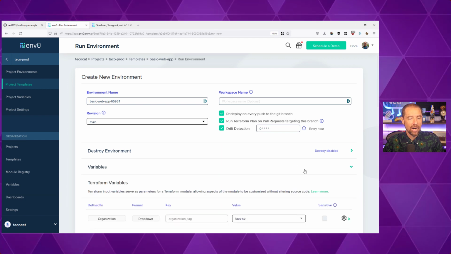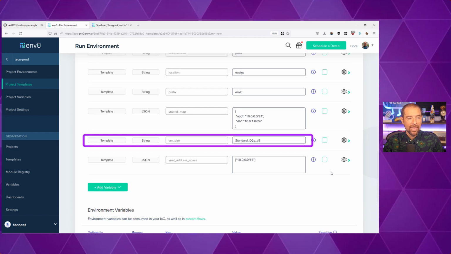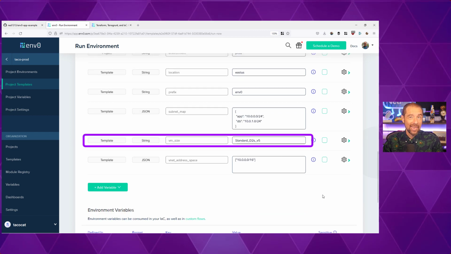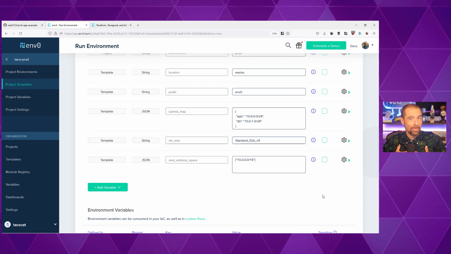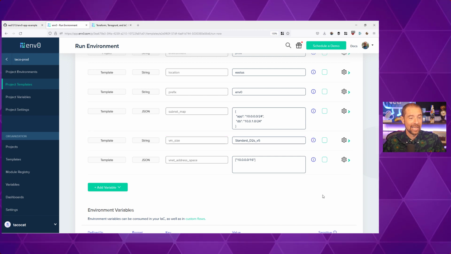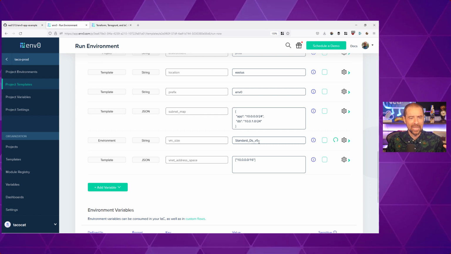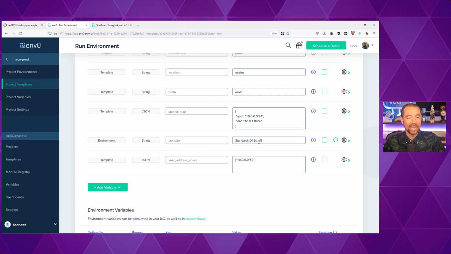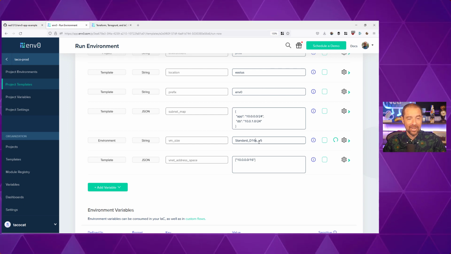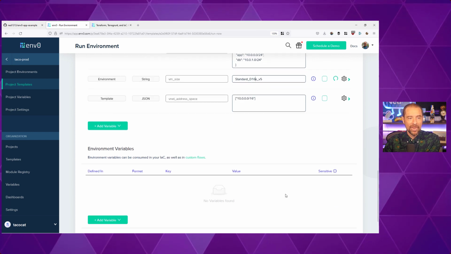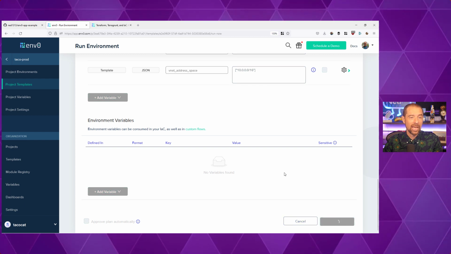Now, within variables, if we scroll down here, there is one variable in the template that is for virtual machine size, and that's set to standard D2SV5. Now, maybe this is production, baby. I don't want to run this tiny little D2. I need a more robust system here. So let's bump that up to D16. And I'm doing that deliberately because that's actually going to violate a policy that we're checking in our custom workflow. I'll leave everything else the same, scroll down and click on Run here, and that will kick off the deployment